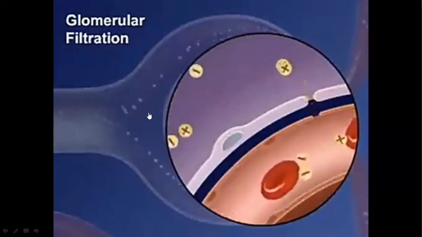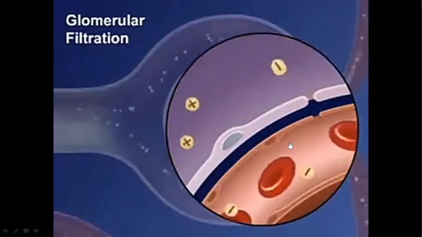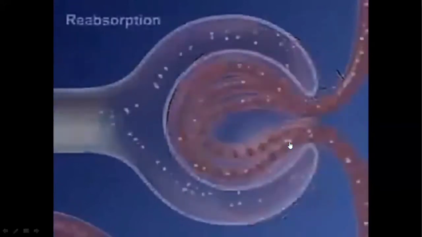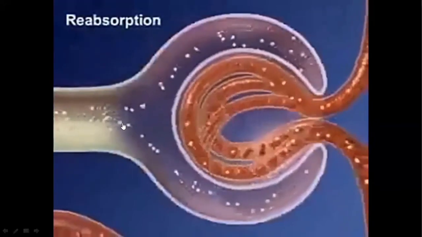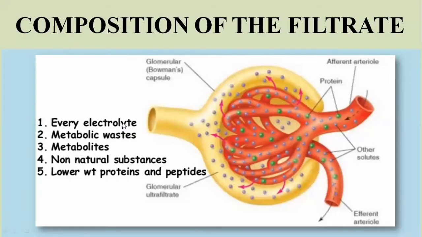So this 120 milliliter per minute is the glomerular filtration rate, because while entering into the glomerulus, the blood amount is 650 milliliter per minute, and then the filtrate is formed at the rate of 120 milliliter per minute. There are specific determinants and pressures involved in the formation of the filtrate. As the blood enters these glomerular capillaries at 650 ml per minute, the filtrate formed is about 125 milliliter per minute. That's why it is known as the glomerular filtration rate.